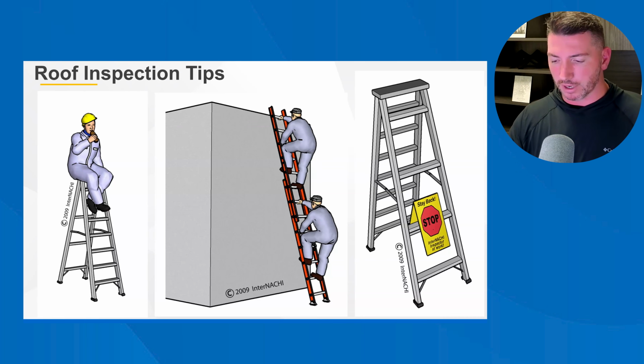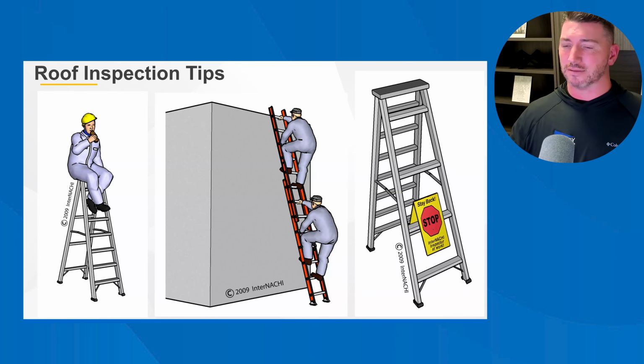So check and report on any observed indications of major defects related to the roof covering system, components that may be seen from accessible areas of the attic under the roof, including signs of sheathing problems, indications of prior or active moisture intrusion, or damaged structural components such as cracked rafters and damaged or modified roof trusses. That's a huge one. That's a big deal. If anybody modifies a roof truss,